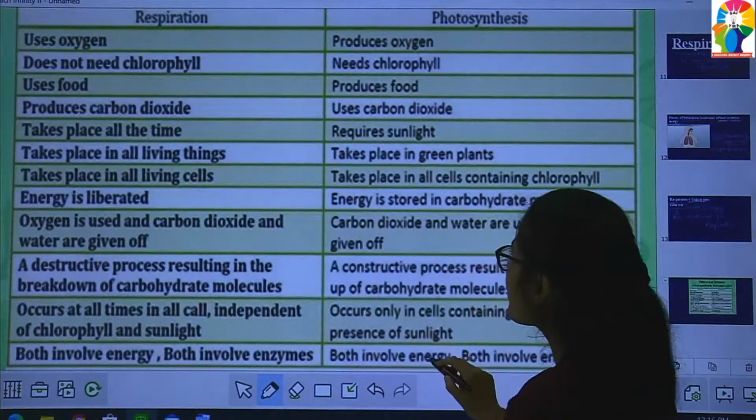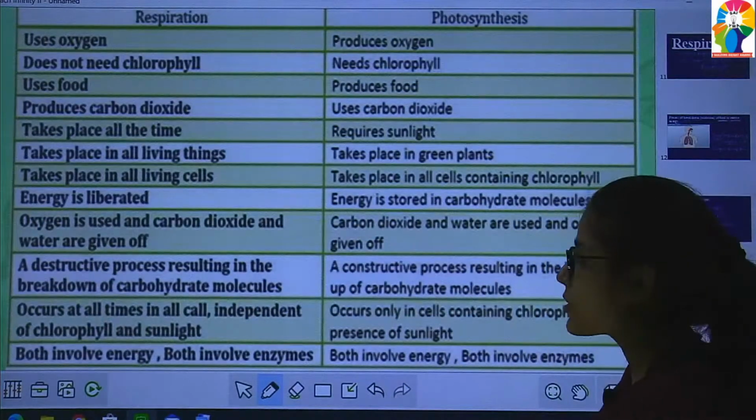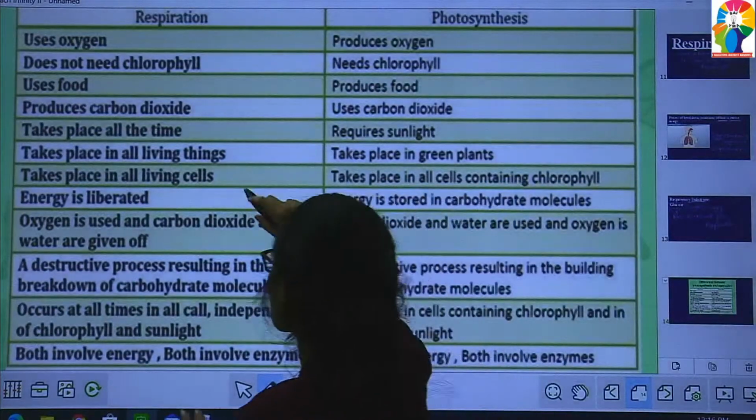Now talking about respiration and photosynthesis. Now in the respiration process,